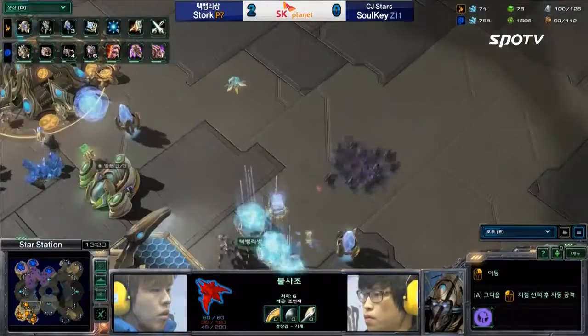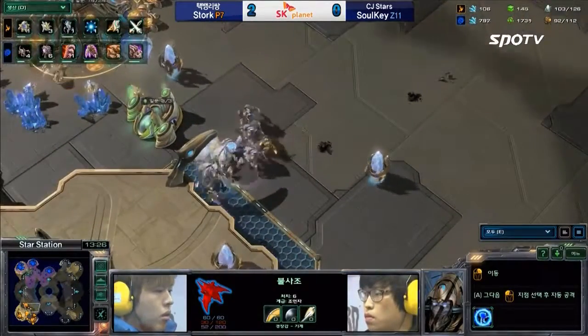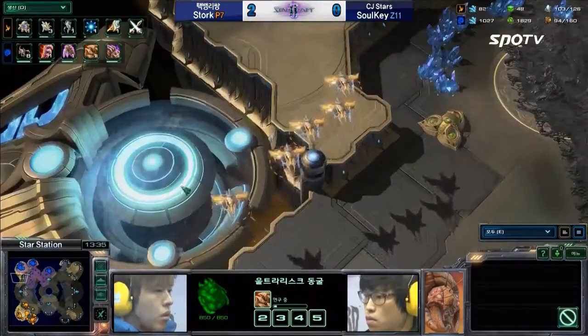Soulkey, oh my god, he's going to be able to do a lot of damage to them. Stork does not have any kind of unit composition to really deal with them. Stork needs to scout that Ultralisk Cavern as soon as possible. If not, he's not going to have the Immortals. Remember,